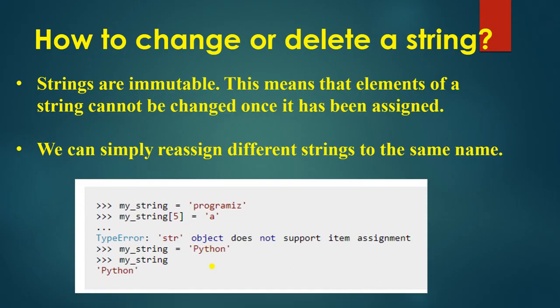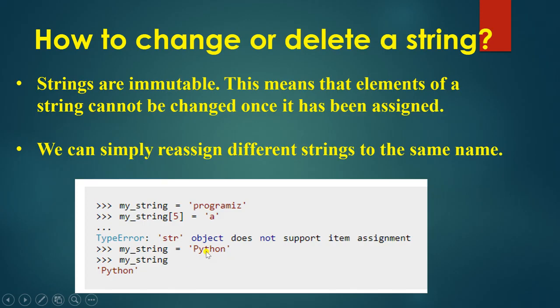In this code, you can see that my string variable holds "program". If you want to change the fifth position with the letter A, it will give you a TypeError: 'str' object does not support item assignment. But if you assign my string is equal to Python and print it, it will give you the new string.